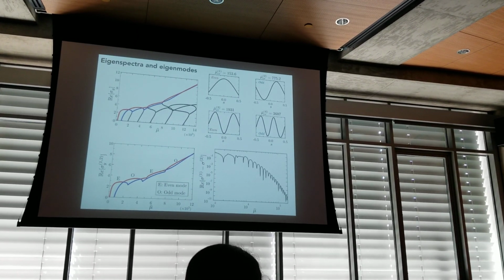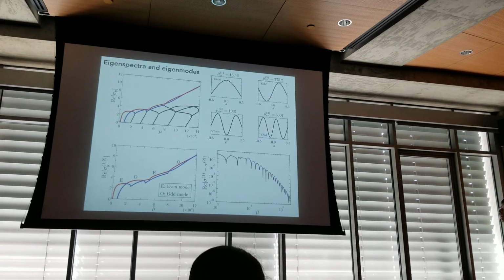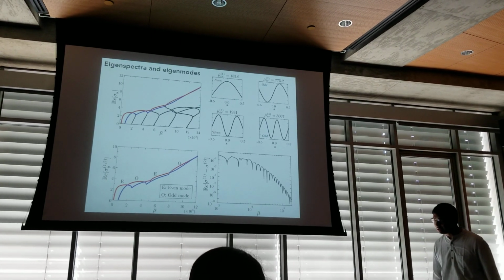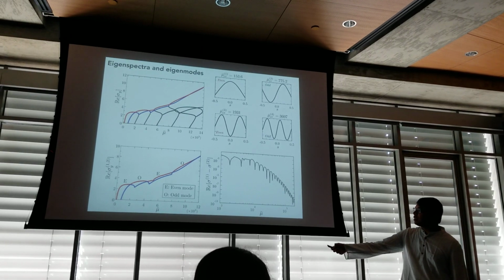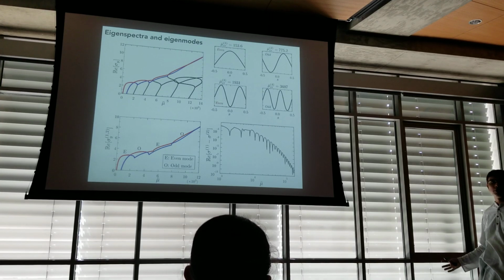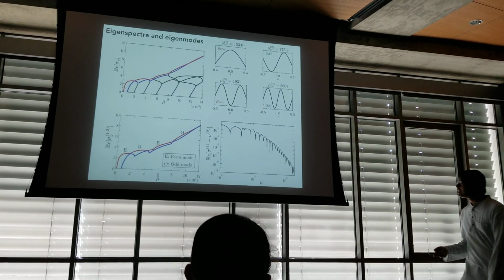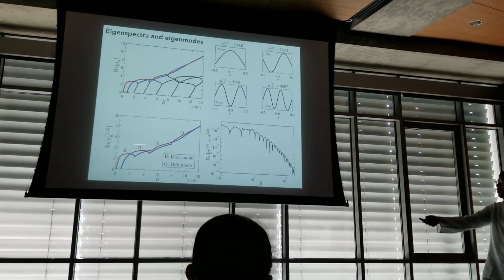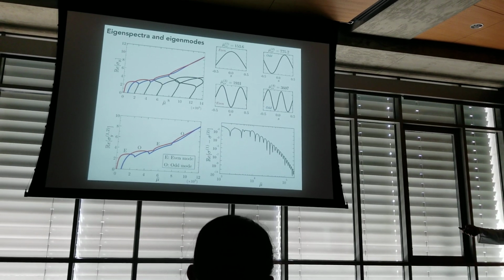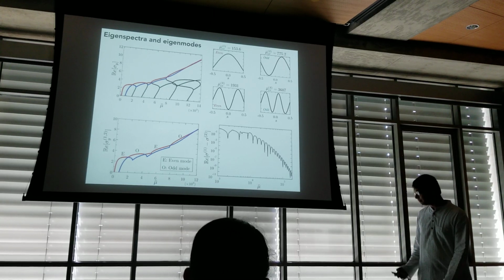And again, there are a couple of features to note. First, for any value of this control parameter, the eigenmodes associated with sigma 1 and sigma 2 always appear in even and odd pairs. So what do I mean by that? If the eigenmode associated with sigma 1 is an even shape mode, like a C, then the eigenmode associated with sigma 2 would be an odd shape mode, like an S, and vice versa. The second thing to note is that the difference between these two eigenvalues, sigma 1 and sigma 2, that's plotted over here, goes to 0 in strong flows. So if you increase your mu bar, these two modes essentially grow simultaneously or have almost the same growth rates.